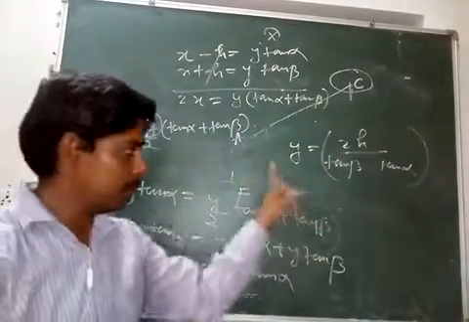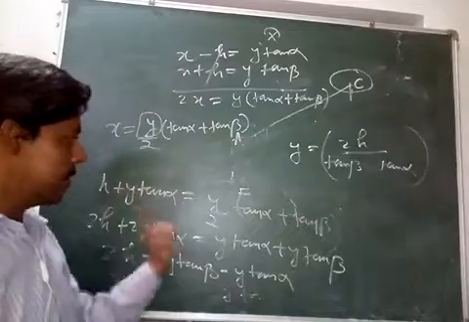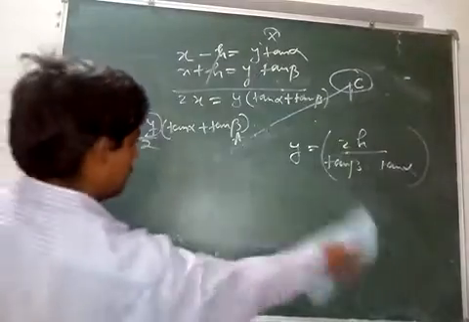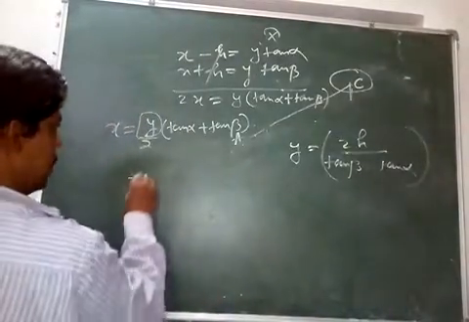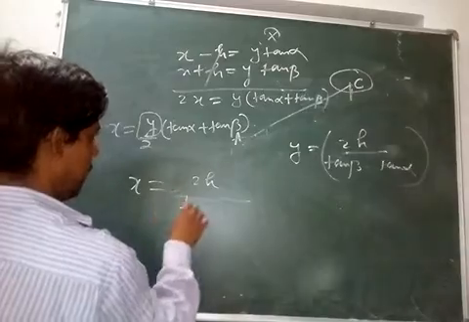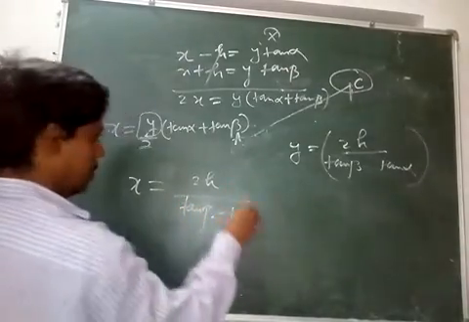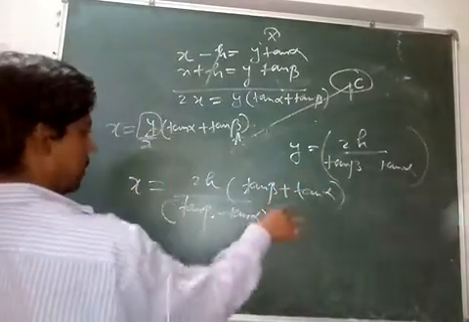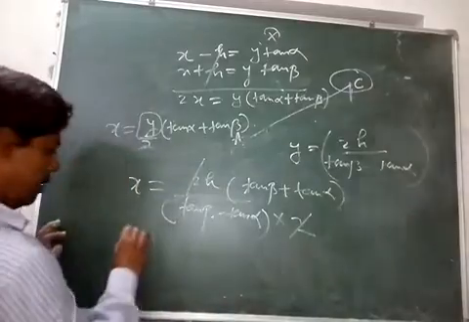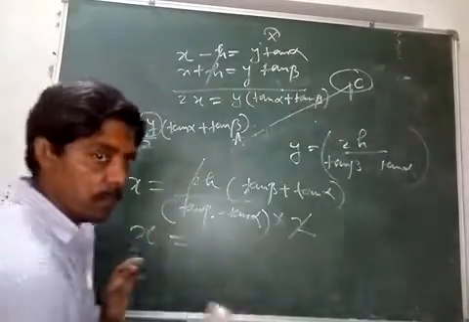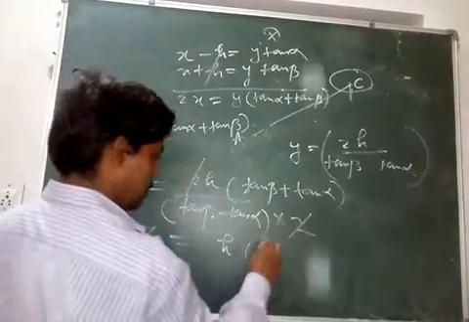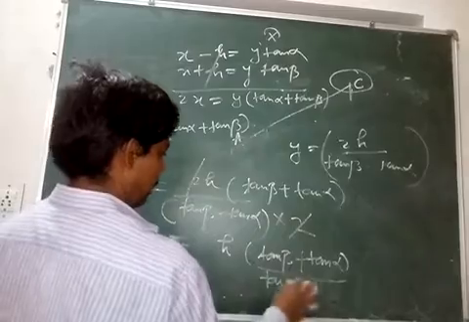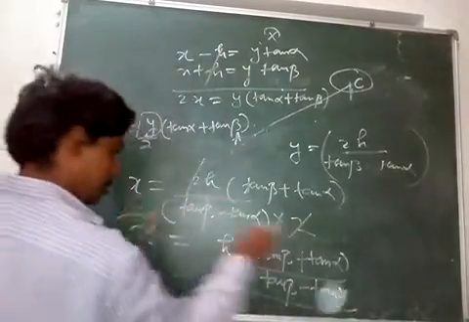Now once you get the value of y from this equation, we have equated x and we have just got y here, and now this y we can substitute here, and we get the value of x, which is the required height. x is equal to 2h times tan beta plus tan alpha upon tan beta minus tan alpha, and this 2 is also here, so this 2 and 2 get cancelled, and we get the height of the cloud above the lake as h tan beta plus tan alpha upon tan beta minus tan alpha, right? That is the required height.